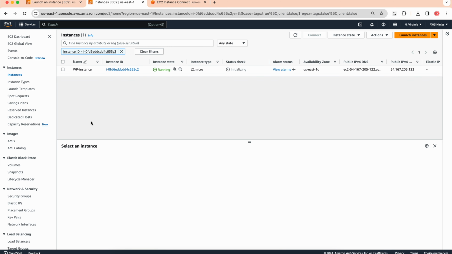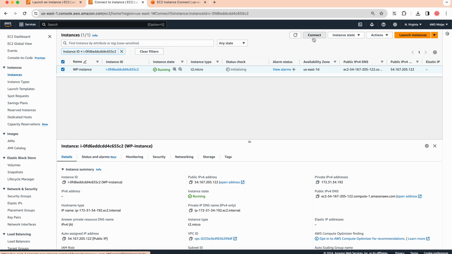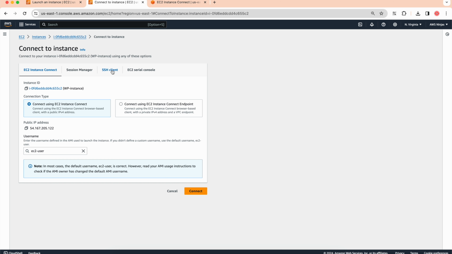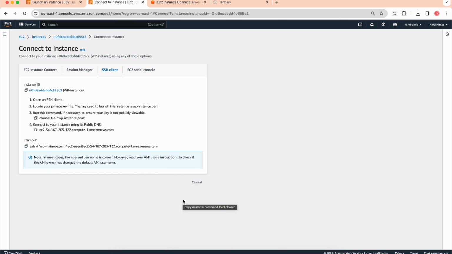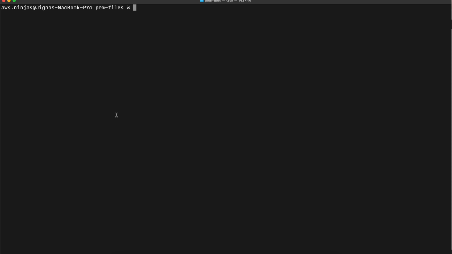The second way to connect to the EC2 instance is via an SSH client. Select the instance, click on connect and go to the SSH client tab. Here we can see the command to set permission of our key. Let's do that quickly. Open terminal on your computer, go to the folder where your key file is and paste